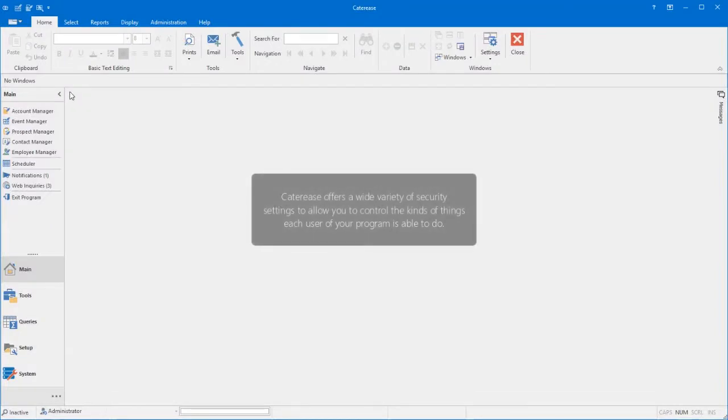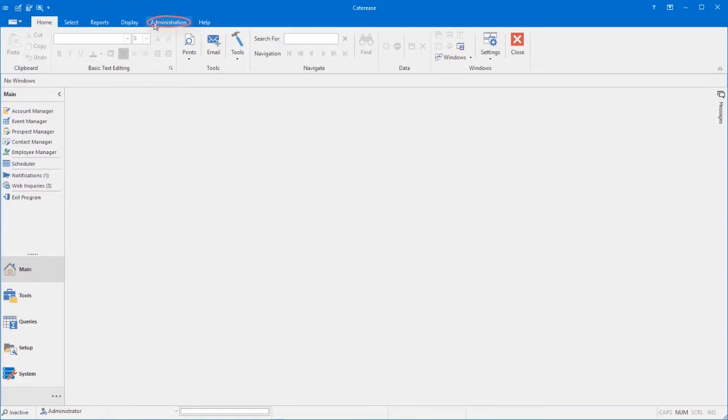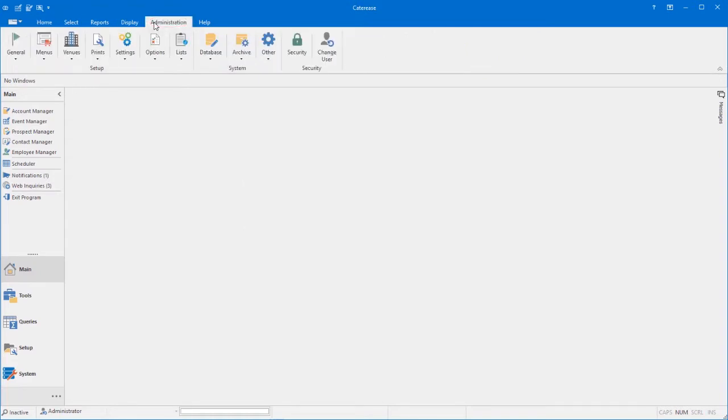offers a wide variety of security settings to allow you to control the kinds of things each user of your program is able to do. From making users read-only to prohibiting the use of individual tools, security settings are incredibly easy to establish. First of all, click the Administration ribbon tab at the top of the screen, and then, of course, you would